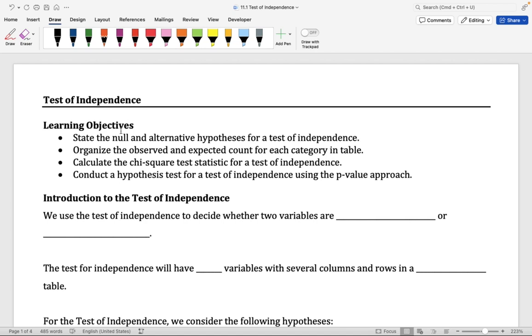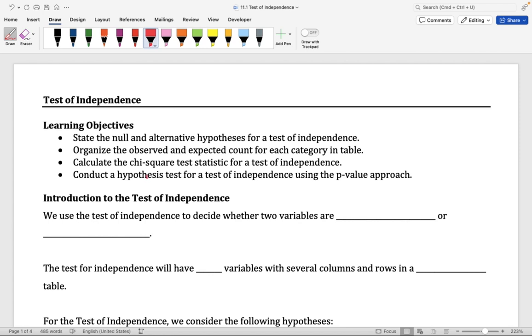By the end of this lesson, you should be able to state the null hypothesis and the alternate hypothesis for the test of independence. You should also be able to organize the observed and expected count for each category using a table. At the end of this lesson, you should also be able to calculate the chi-square test statistic for the test of independence. And you should be able to conduct the whole hypothesis test for a test of independence